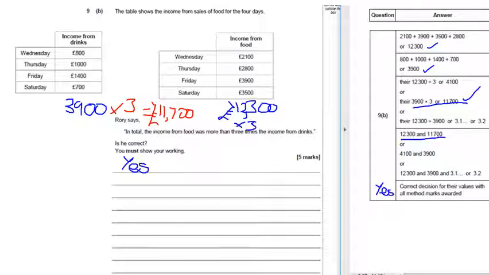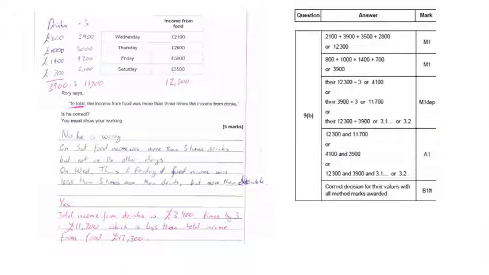Now, interestingly, the way I originally tackled this when I first saw it, before I looked at the answer sheets: what I've done with all the sample papers is I've sat them without looking at the answer sheets, so that I can think how I would tackle each question, and hopefully I fall down pitfalls that you might fall down. So I wrote, in total the income from food was 3 times more than the income from drink. So what I did was I wrote them out, I times it by 3,